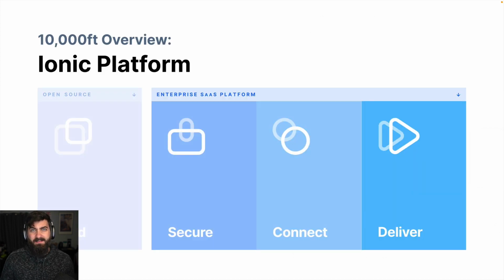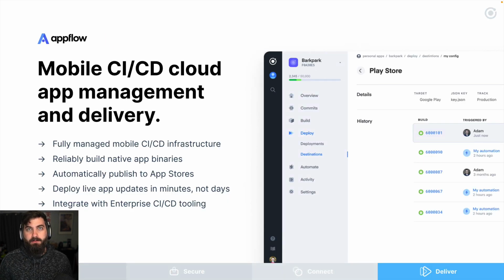And then the last of these pillars is the deliver. It's not enough that you have to build your app. What can we do to help you deliver this app to your users? And like I said, that includes our CI/CD service that we call AppFlow. Now, AppFlow is tailor-made specifically for mobile apps, and so it's going to feel familiar enough for folks who have used other more generic CI/CD tools, but offer a lot of functionality that is only going to be applicable to